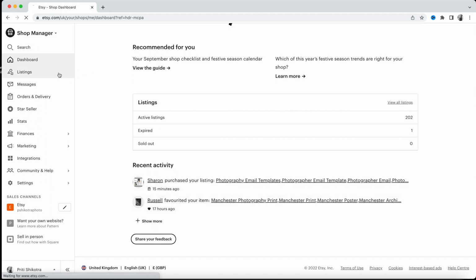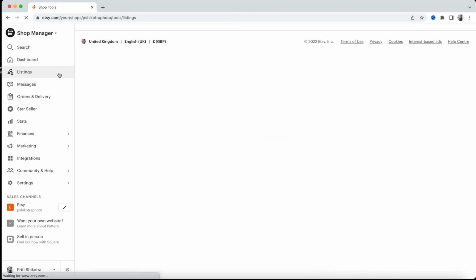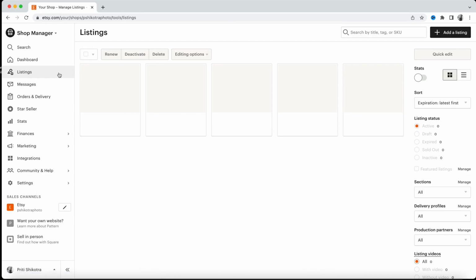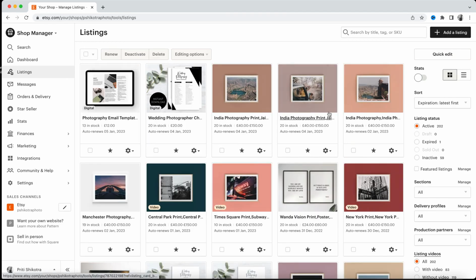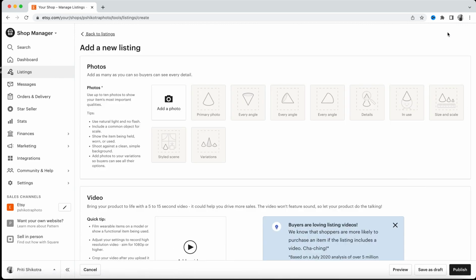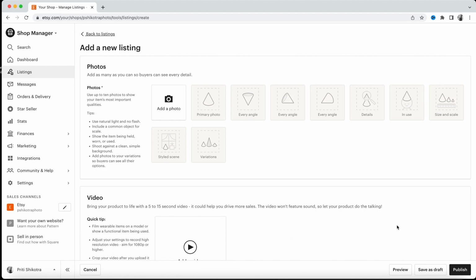So I'm going to go ahead and go into listings and I'm going to show you how to create a new listing. So I'm going to go to add listing and this is what it looks like. So it is really easy to get listings on to Etsy once you've set up your store. So really easy to follow. So literally new photos. It actually gives you a breakdown of what photos you should add into your listing. So as you can see, you've got